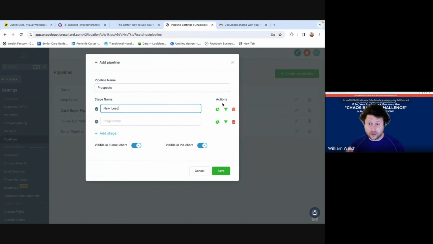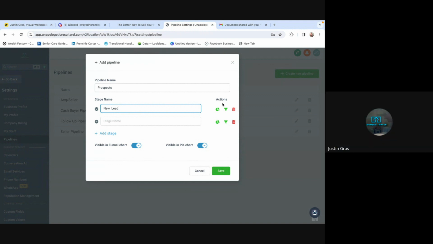So when you're out in the field, you can pull up app.unapologeticresultsrei.com, and you'll find that contact, and you'll just open up that contact, and we can build all sorts of stuff in there, all the questions, all the things that you need to move forward, and really help organize you and give it direction.